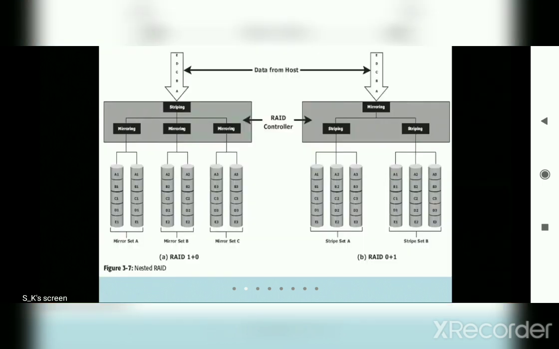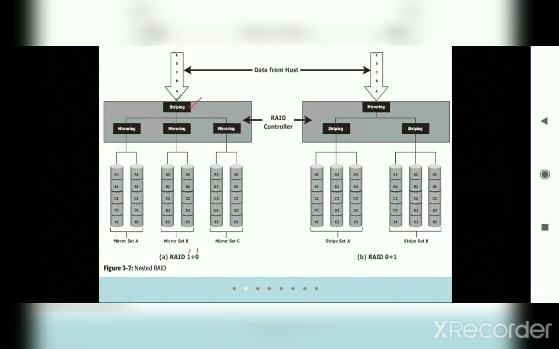Now this is a diagrammatic representation of the nested RAID. You can see here, the first one is RAID 10. That means 1, I said, is mirroring, and the second one is 0, that means I am striping. It is taken in the reverse manner, so this is 1 and 0. First, as I said, 0 means it is a stripe. Stripe in the sense that the multiple copies of the same data will be divided and stored.